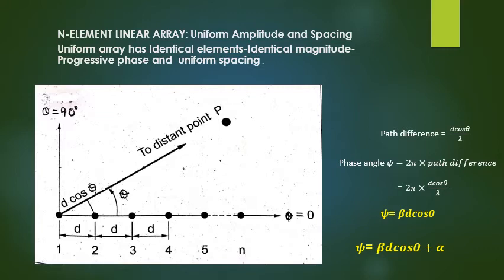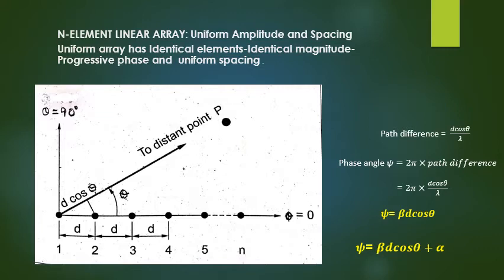An array is said to be linear if the individual elements of the array are spaced equally along a straight line. An array is said to be uniform if the elements are fed by currents of equal amplitude and having uniform progressive phase shift along the line. Now, the total far field pattern at any distant point P is obtained by adding vectorially the fields of the